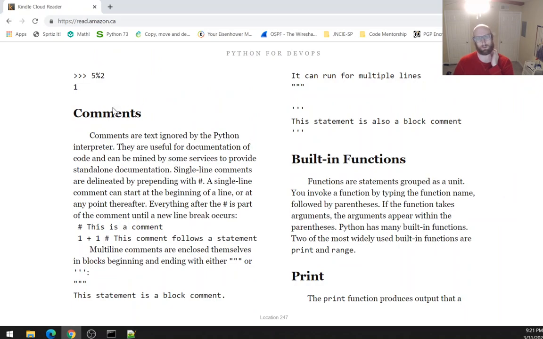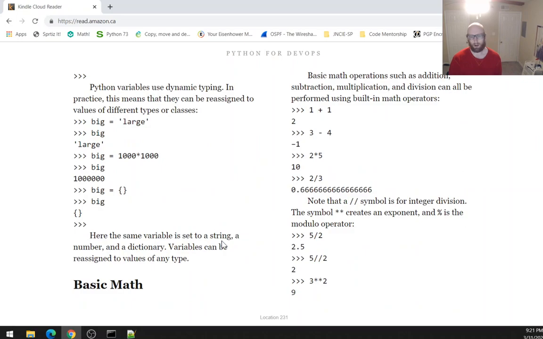Okay, and they're not going to explain what the modulo operator is, but it gives you the remainder. If you were to do long division and get a remainder, that is what you would get. Well, you wouldn't get that, but what you would get is,